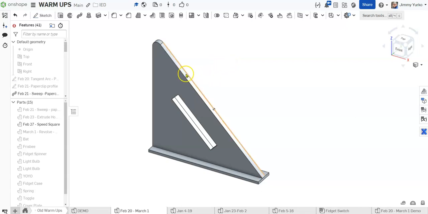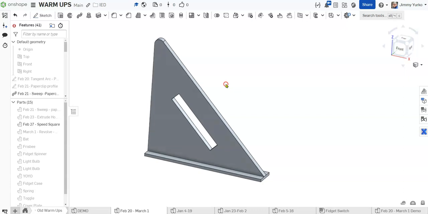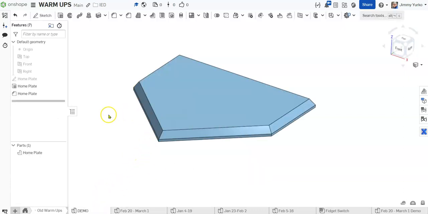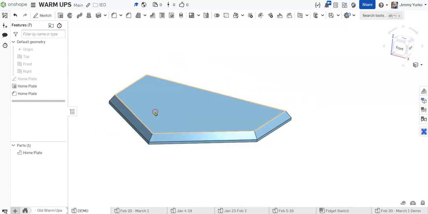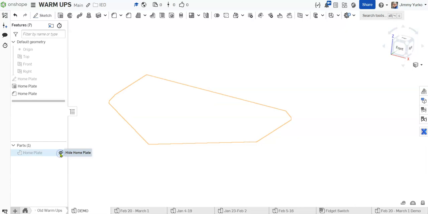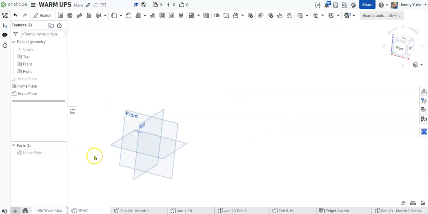Today we're going to start the process of making this speed square. So currently, in my part studio window, I have an existing part. I'm going to continue to work in the same part studio tab, so I'm going to hide the part that currently exists. Top of my planes on,